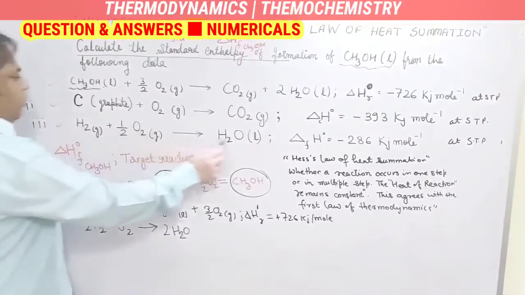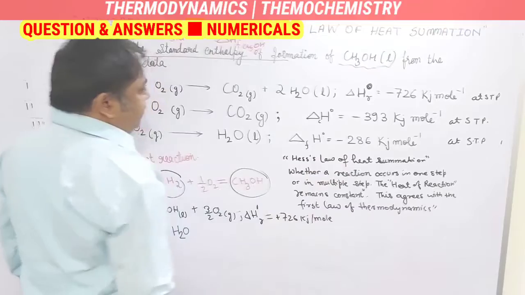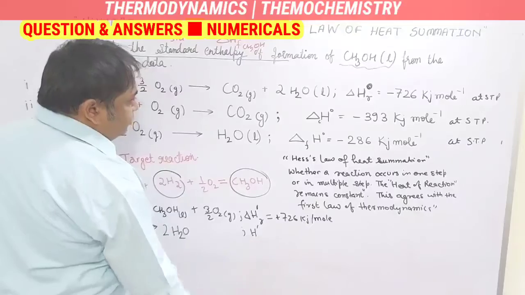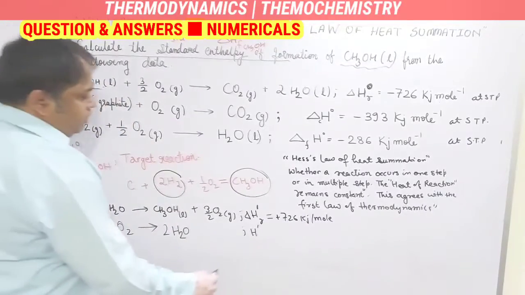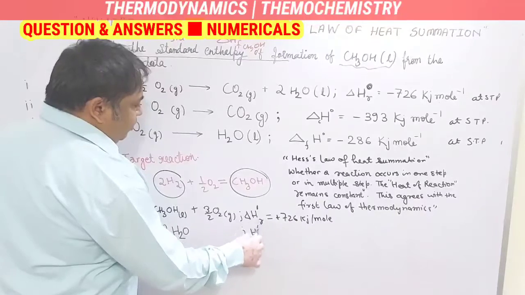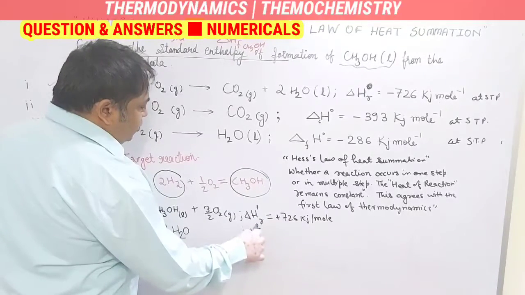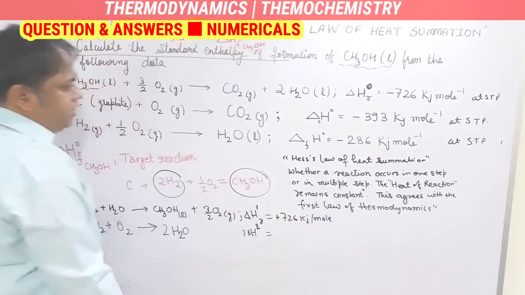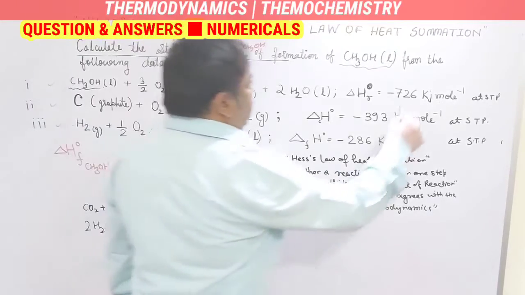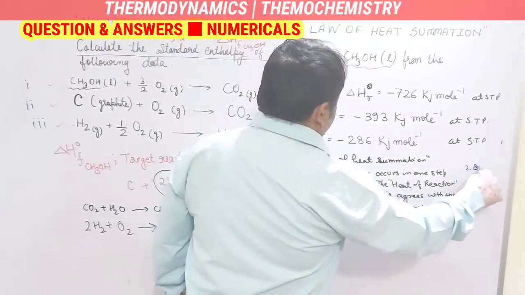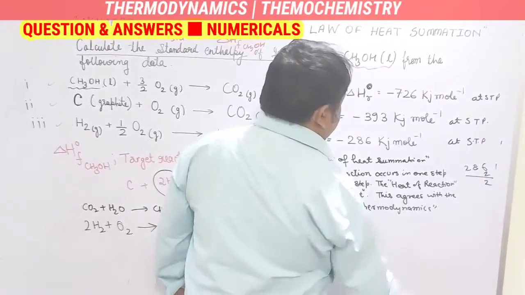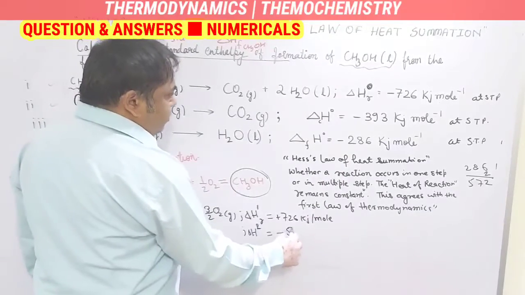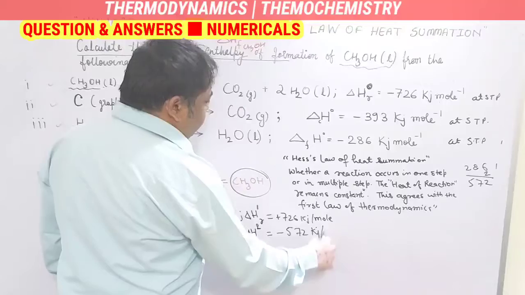Now since we are multiplying the whole equation by 2, this value will also get multiplied by 2. So here delta H for this reaction, let it be 1 here and 2 here, it will be even easier to understand. So delta H for this will become twice of this value. We are not reversing it. So twice of this value will become how much? We will do a little bit of rough work. 286 multiplied by 2 is 572, and the minus sign will remain. So minus 572 kilojoule per mole.